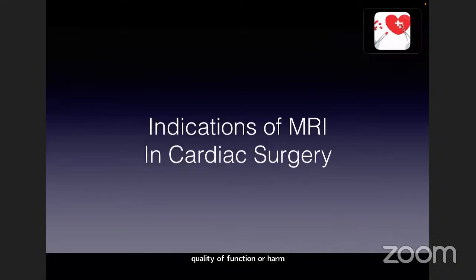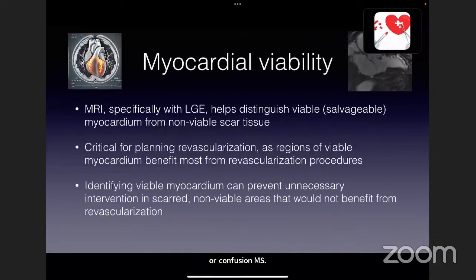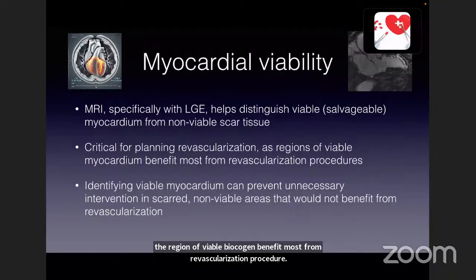Indications of MRI in cardiac surgery: myocardial viability. MRI, especially with LGE, helps distinguish viable myocardium from non-viable scar tissue. Critical for planning revascularization, as regions of viable myocardium benefit most from revascularization procedures. Identifying viable myocardium can prevent unnecessary intervention in scar, non-viable tissue,